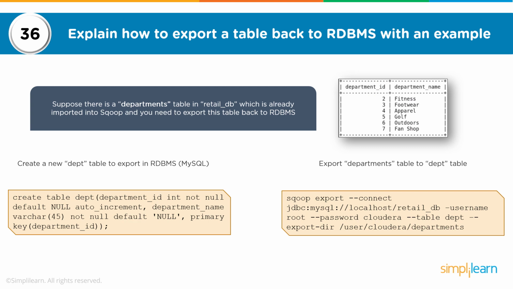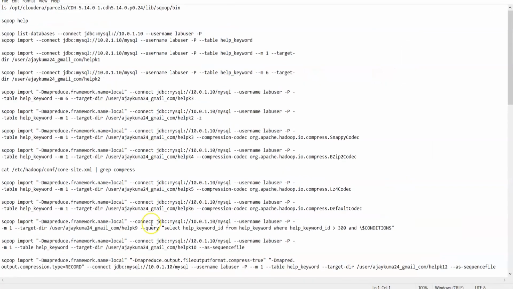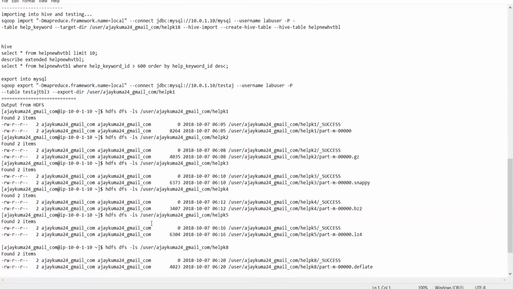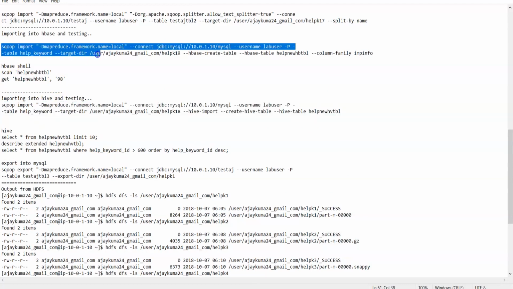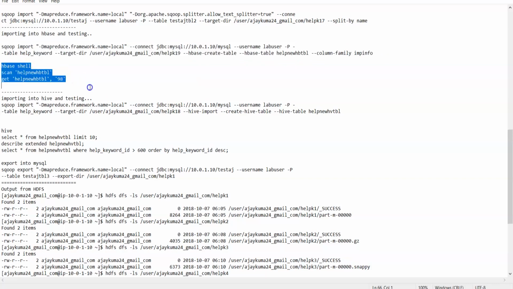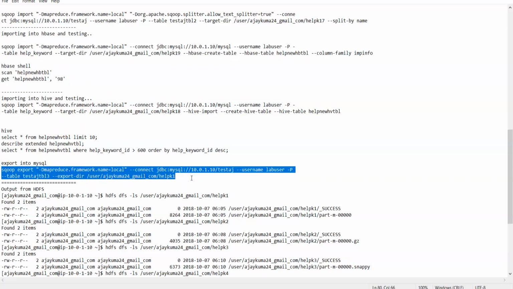Seeing an example on this, I could again look into my file, and here I have an example of import. This is where you are importing data directly into Hive, and you have a Sqoop import where you are importing data directly into an HBase table, and you can then query your HBase table to look at the data. You could also do an export by running your map-only job in local mode, connecting to the RDBMS, specifying your username, the table where you would want to export, and the directory on HDFS where you have kept the relevant data. This is a simple example of export.